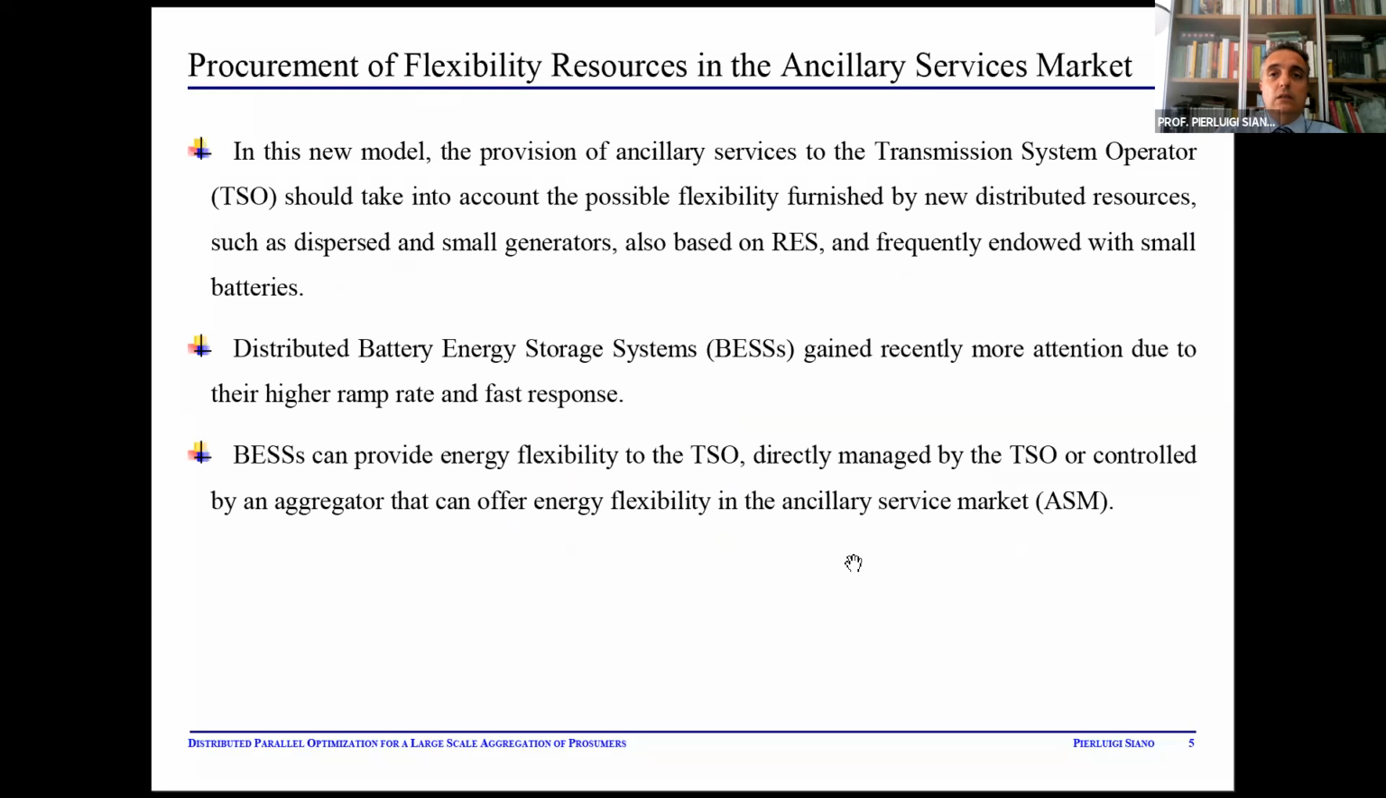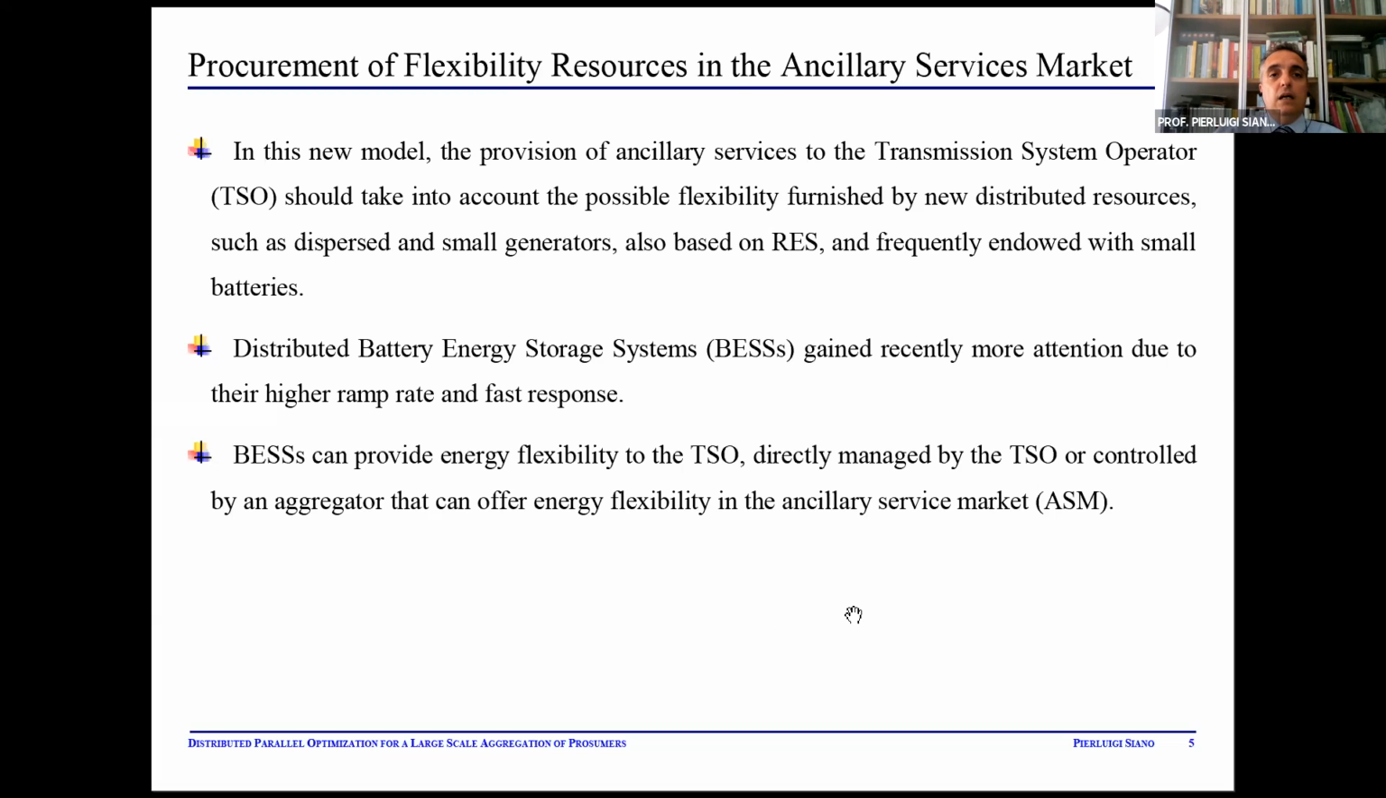In this new model, the provision of ancillary services to the transmission system operator should take into account the possible flexibility that is furnished by new distributed resources, such as dispersed and small generators, also based on renewable sources, and frequently endowed with small batteries. In particular, battery storage projects are becoming in the last years more competitive if compared with traditional interventions, including, for example, the building of new power lines or new power transformers. This is mainly due to the